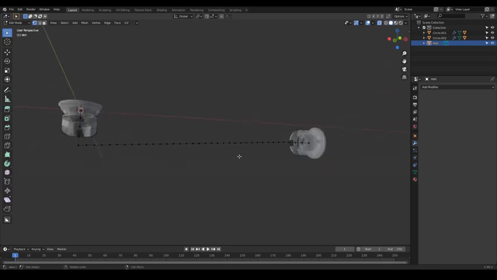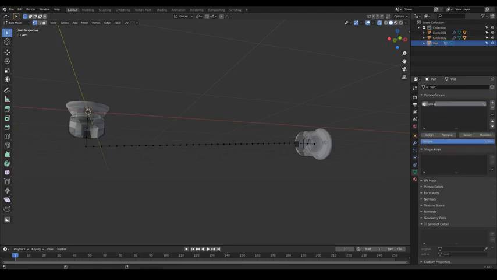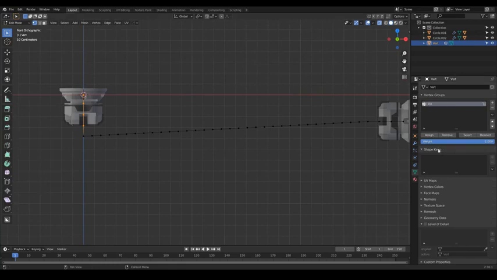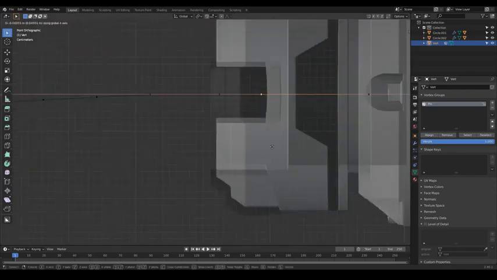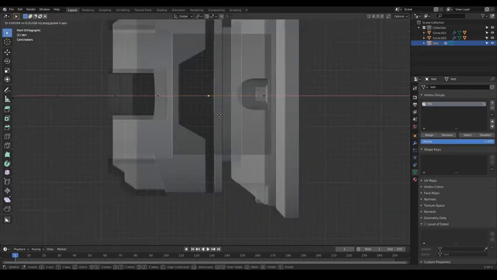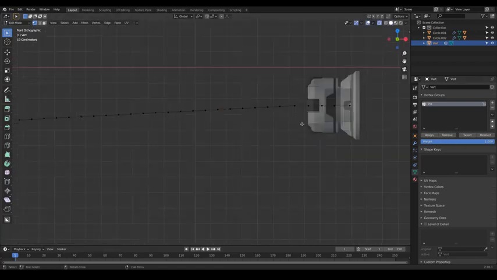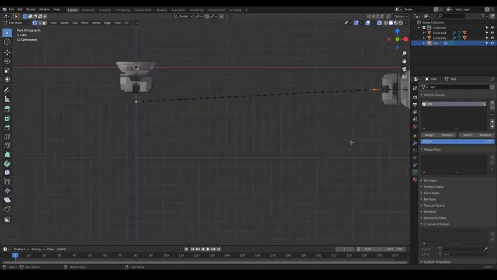Now we need to assign some vertex to a pin group. So I'm going to create here a new vertex group and call it pin. So I'm going to select these 4 vertices and assign it to the pin group with a weight of 1. Okay, assign. I'm going to select here, I need 1 vertex more. So yeah, over here, something like this. I'm going to assign this. And now I'm going to select these vertices that are outside of this object and assign a weight of 0.5